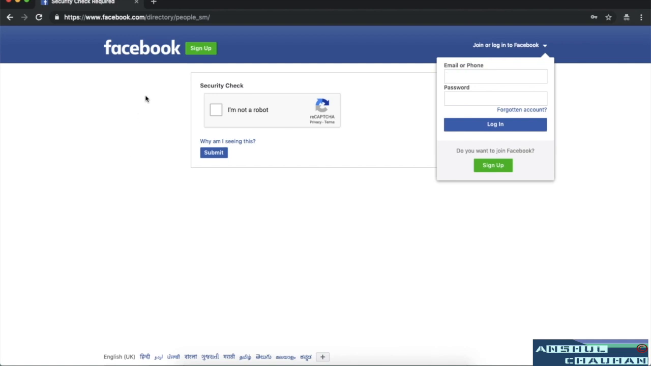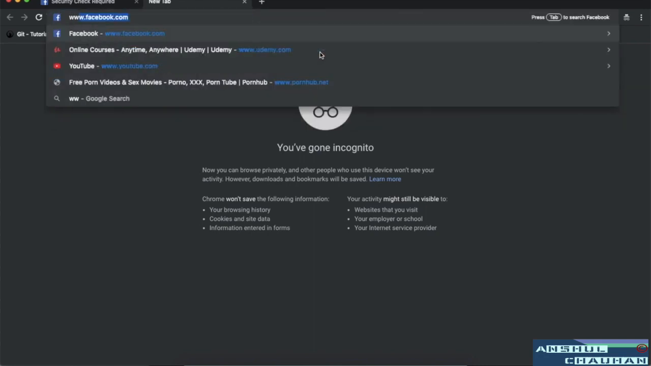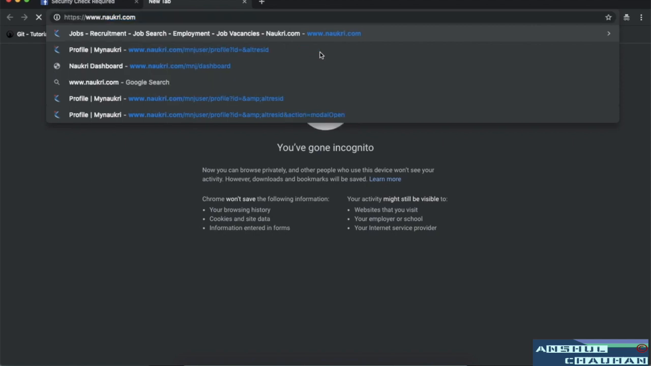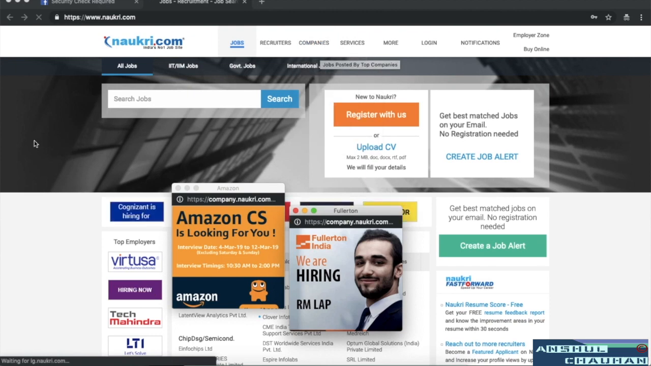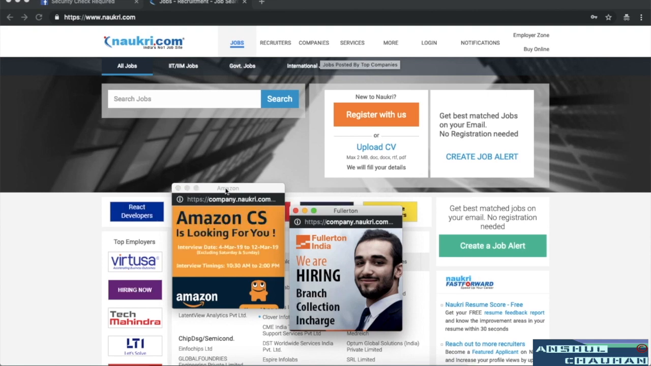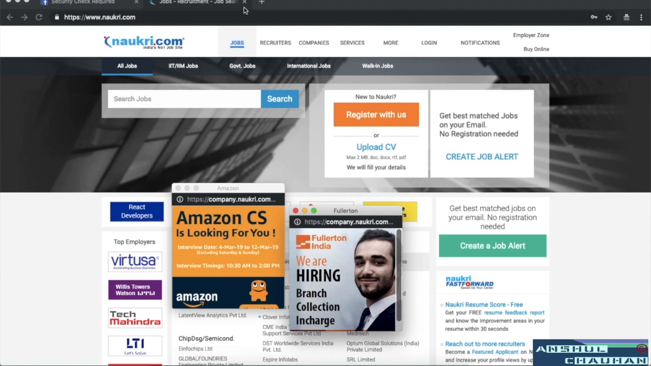Now let's open another website. Let's open an Indian website called naukri.com. So we put www.naukri.com, right? Let's wait until this site loads completely. You can see the site has loaded and it has opened two additional windows. One is where we are getting the Amazon ads, and another is where we are getting the Flipkart ads, right? So this is one window